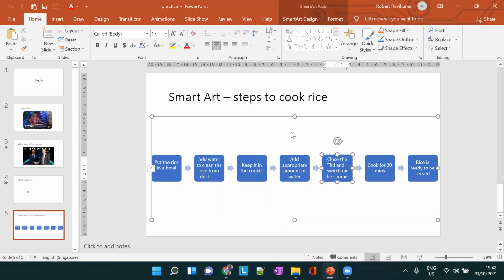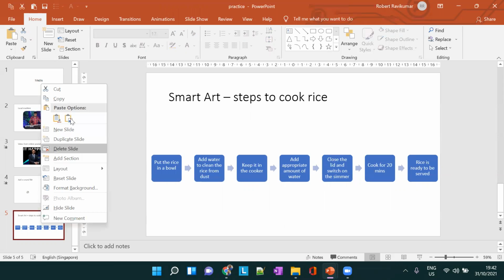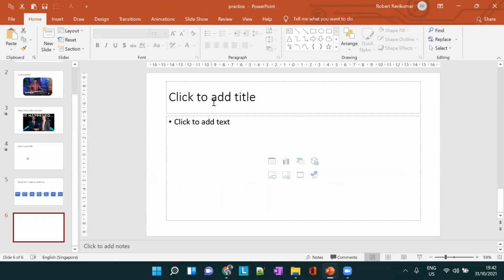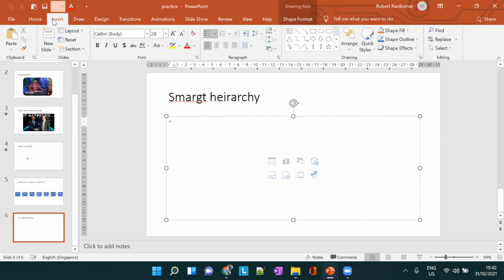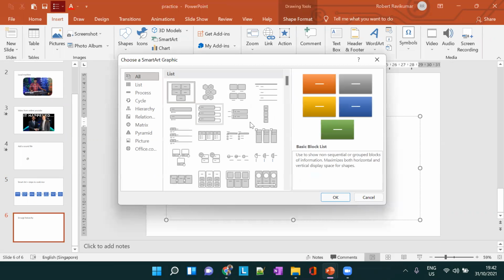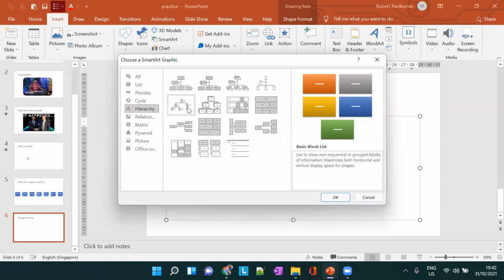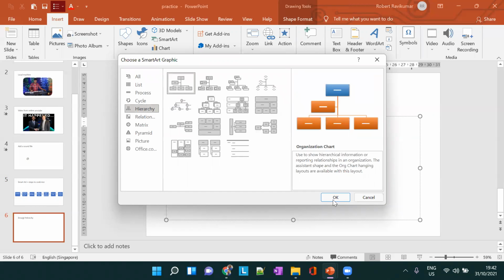Similar to this SmartArt, we have different styles of SmartArt we can do. If you go to a new slide, you can add a hierarchy SmartArt. Insert SmartArt, go to hierarchy and click OK.